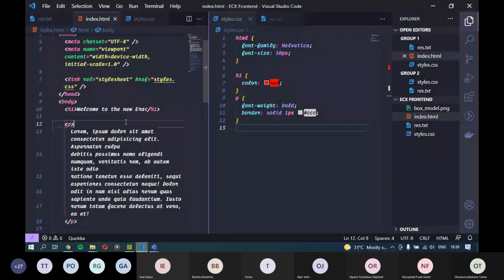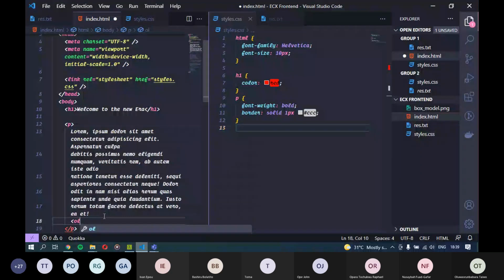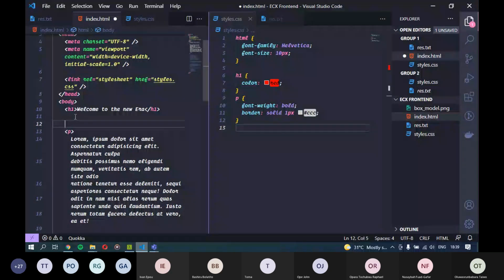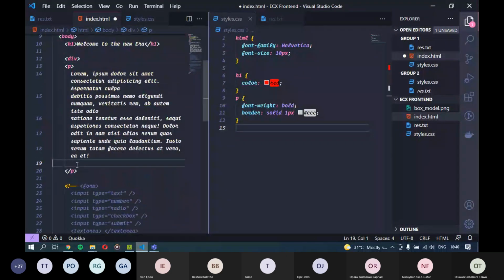Then let's say inside of this P tag we had an ordered list. Now, oh no, let me not use that. Let's say we had a div. And I know I've not really explained what a div is to you guys yet, but a div is basically just a container that does not really hold any value. Remember I told you HTML is meant to hold semantic value, hold meaning.